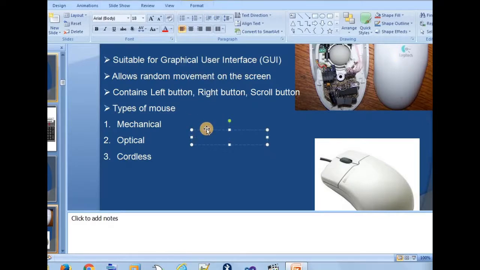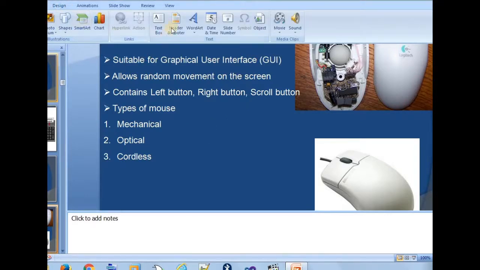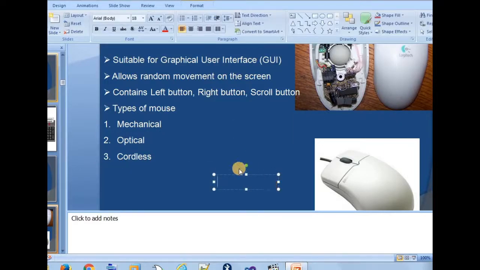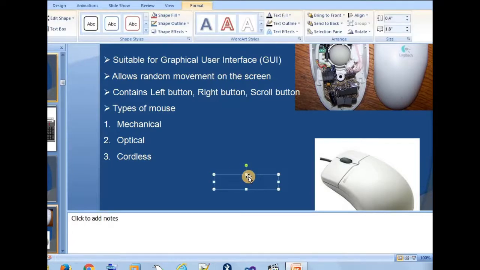So this I want to put, so I need to select it with the left button, hold it, and then when I come here I can put it. This is the advantage of having the mouse. Whenever we have drag and drop or menu based options, we can use it.